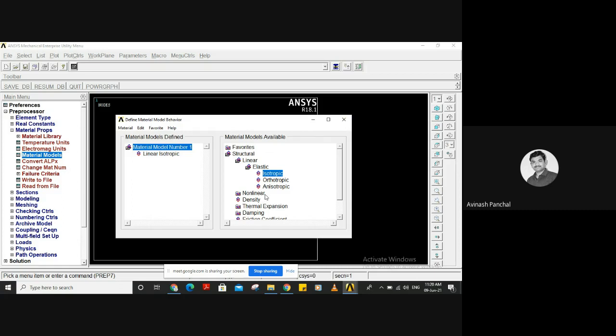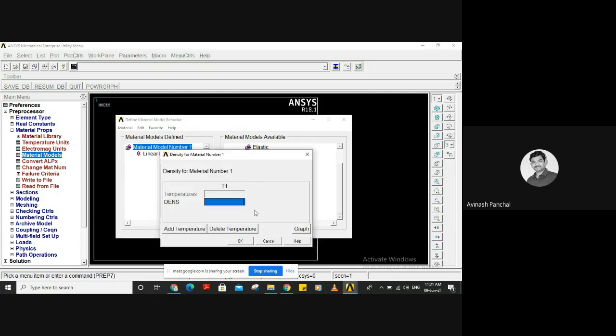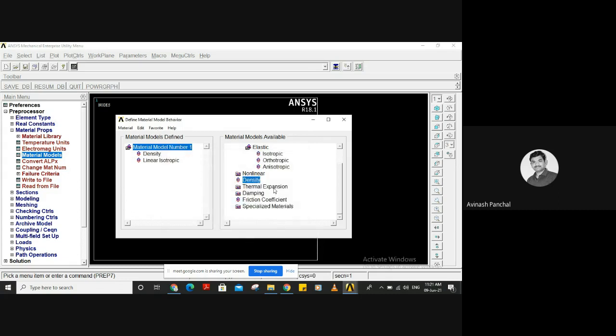Before that, we can see that if it is a non-linear problem, we can have elastic, inelastic, and viscoelastic properties. We are using only linear. If we want to apply the density, we can give 7850 for steel. Then thermal expansion, damping coefficient, mass stiffness multiplier, frequency independent, but we are not considering that right now.